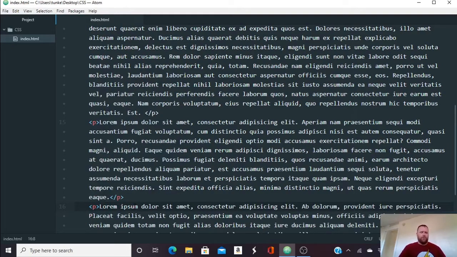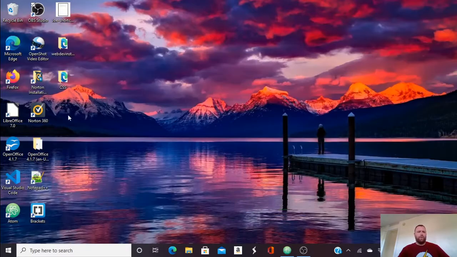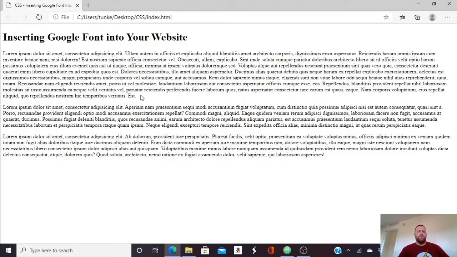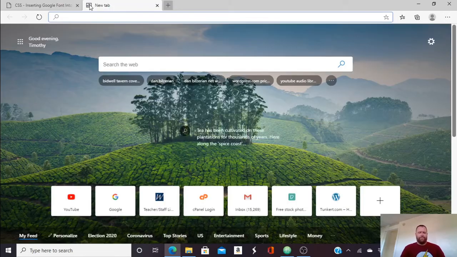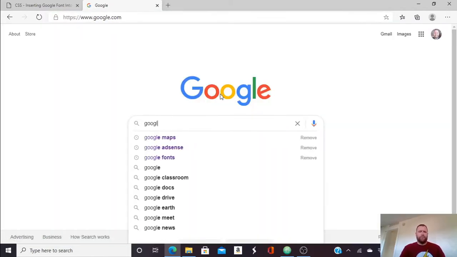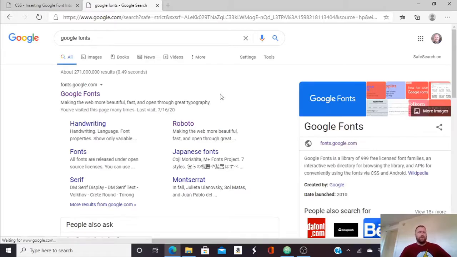Okay, I'm gonna hit Control and save, and we're gonna go open up our page, and you'll see that it's just this basic plain text. So I'm gonna open up another tab, and I'm going to go to Google, and I'm going to Google Fonts. Okay, and I'm going to click on Google Fonts,